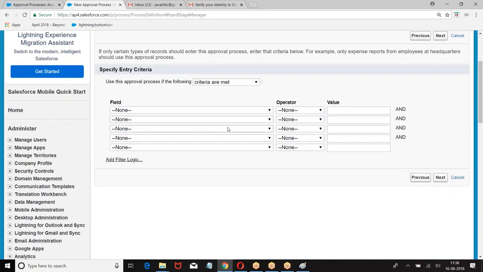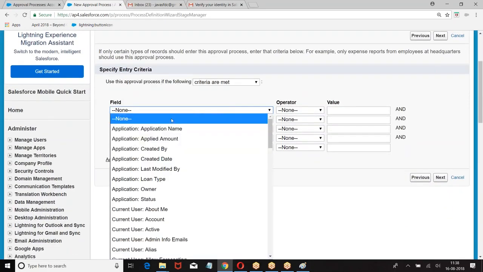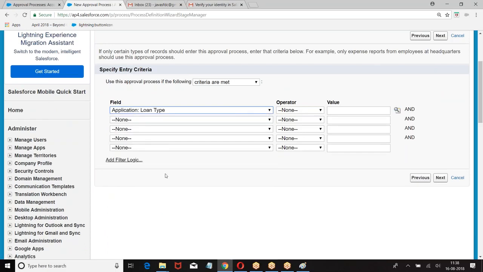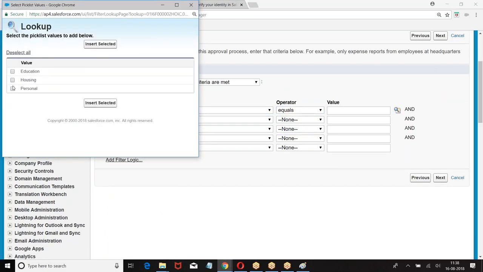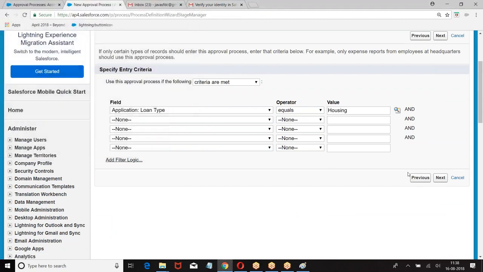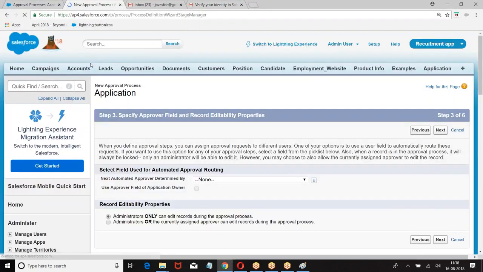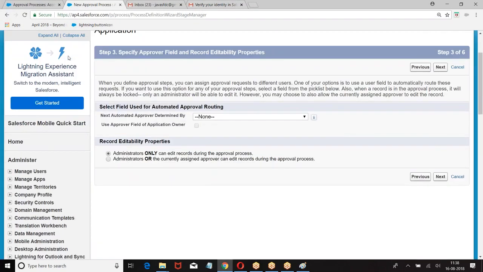Criteria: if you are applying for a housing loan, then only records should be submitted.